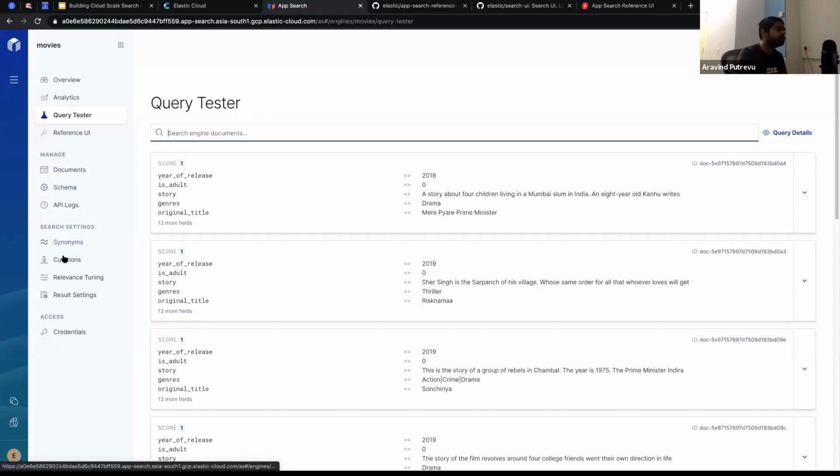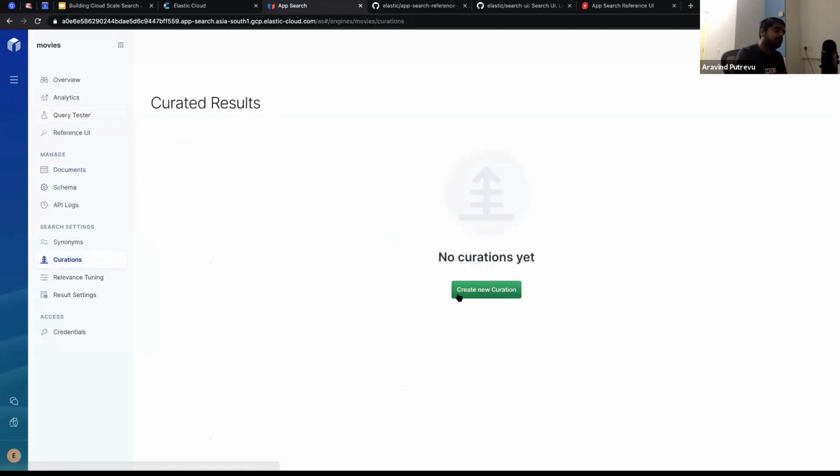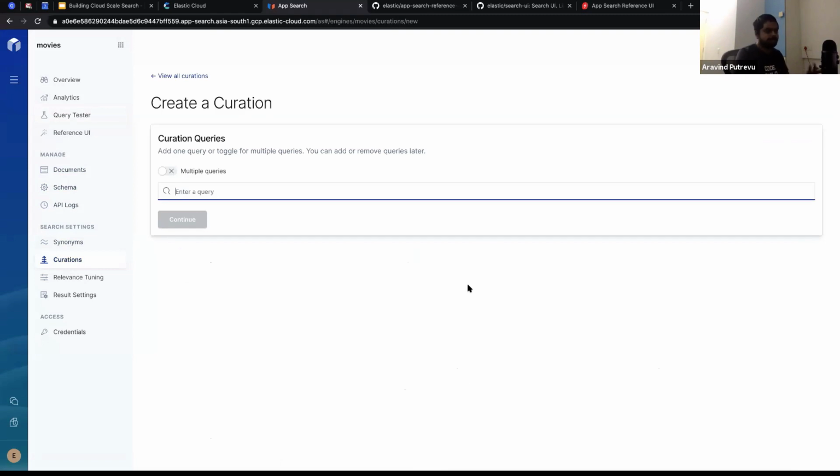And then you also have something like curations. It's a lot of features, actually, that you can really play around with and build. Whatever I'm talking about today is available as an API as well, so you could do it from your own app, or change it dynamically.